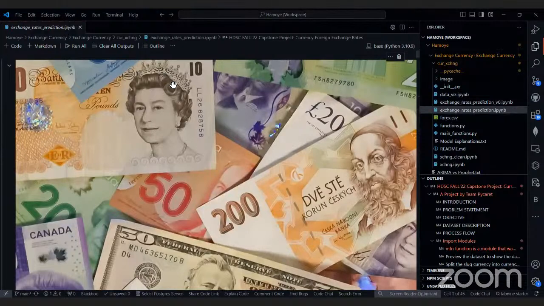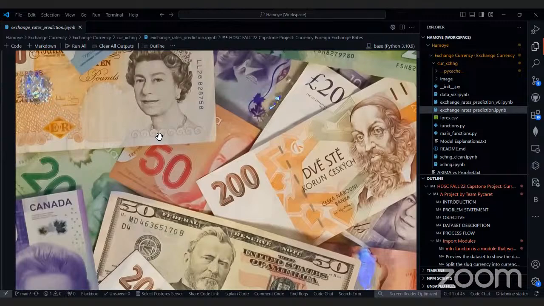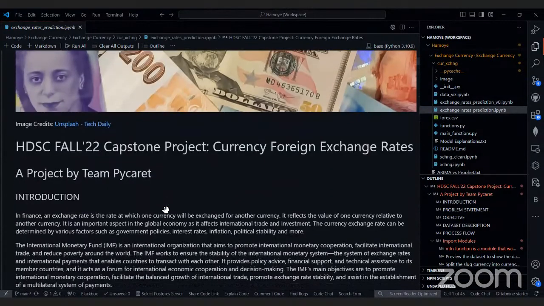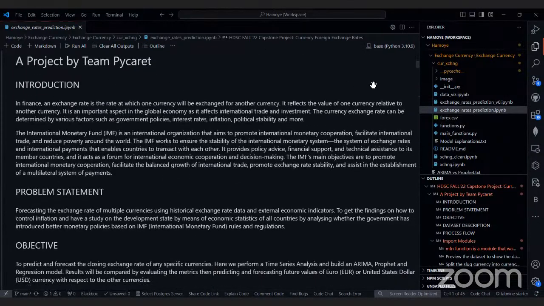Yeah, we also built an app to show it. It's actually currency exchange. And I don't think the app is still alive. It was hosted on my teammates' repository. Okay, but that aside, the project is about currency exchange. I don't think we were given the data set, were we? I can't really recall, but yeah, the data set is available, and this was I think 2 years ago. So this is the whole brief and everything.